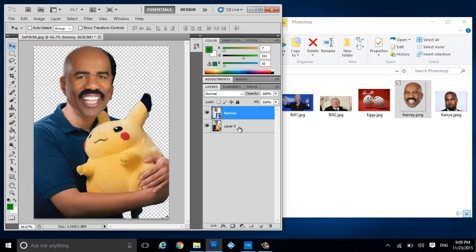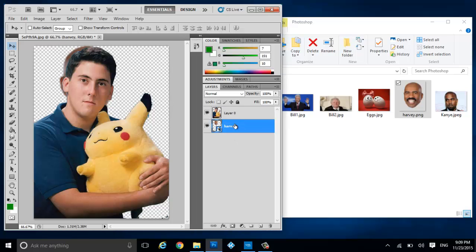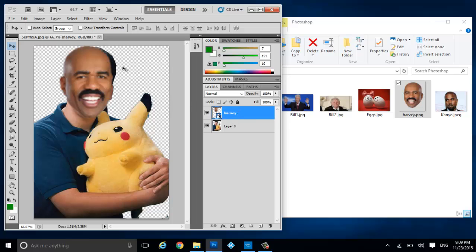So over in layers, it's a hierarchy. Now anything on the hierarchy that's on top shows on top of the layer beneath it. So if I were to drag this on top, he would be in front and Steve Harvey would be in the back. So I don't want that. So I'm going to put Steve Harvey here, and I'm going to click this eyeball to